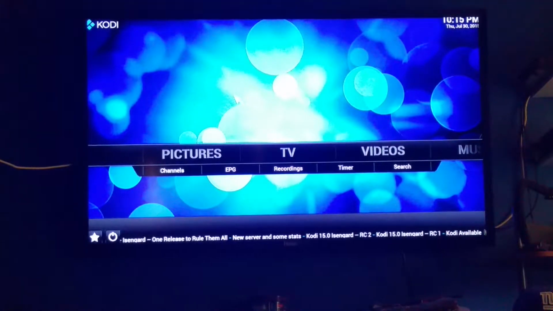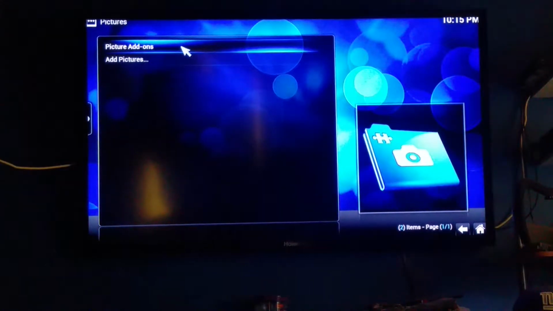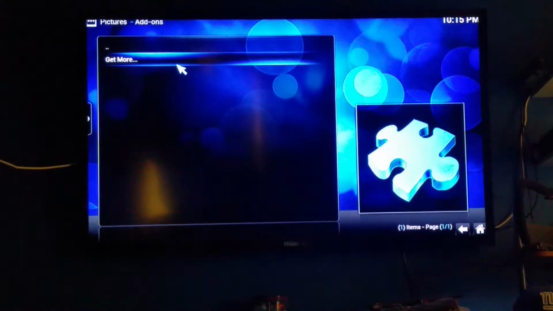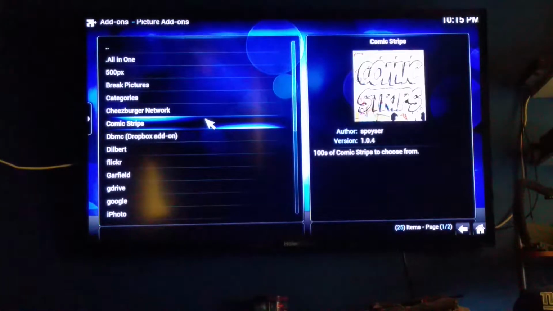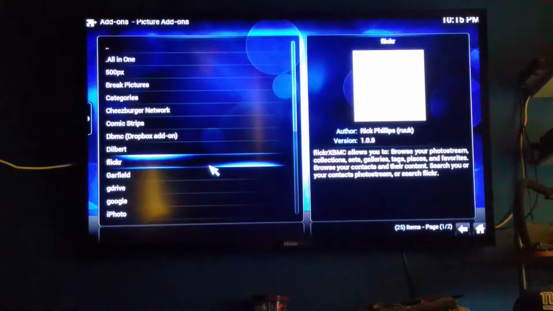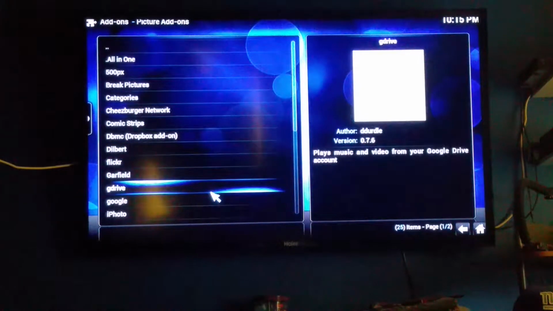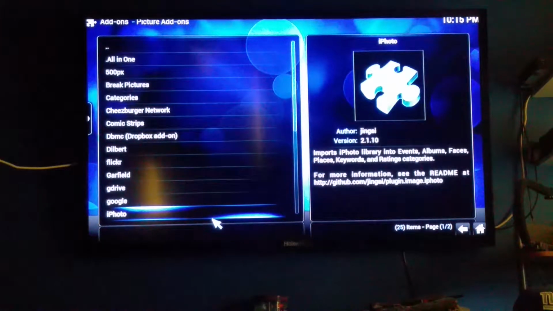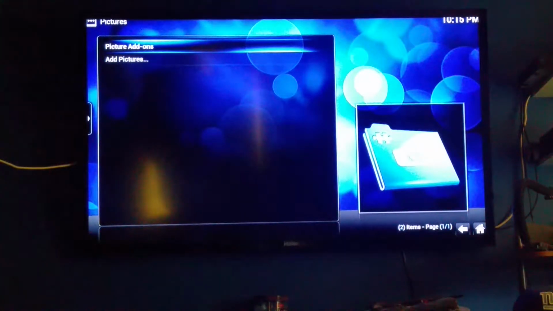And then you got pictures. I don't know if this is pictures that you put on yourself or if this is pictures that they can get you. Let's take a look and see what happens. Oh, that's pretty cool. I guess you can do these as wallpapers or something. I don't know. I haven't seen these before. So let's back out. Let's go back home.